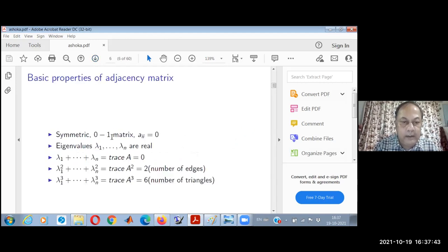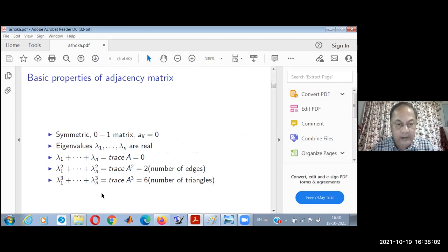Okay, so the adjacency matrix is obviously symmetric. It's a matrix of 0 and 1 only. The diagonal elements are 0. So eigenvalues are real. And first few elementary symmetric functions can be given graph theoretic interpretation. Or rather, the first sum is just 0. But if you take the sum of squares, so this is where immediately graph theory starts to make its appearance.